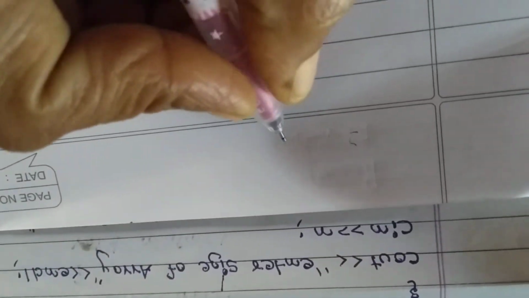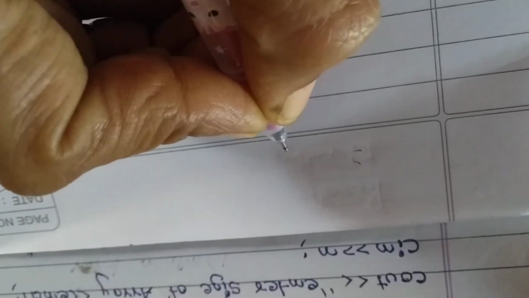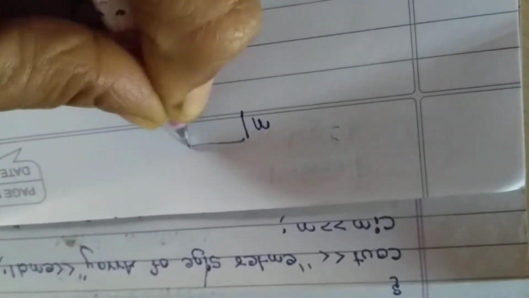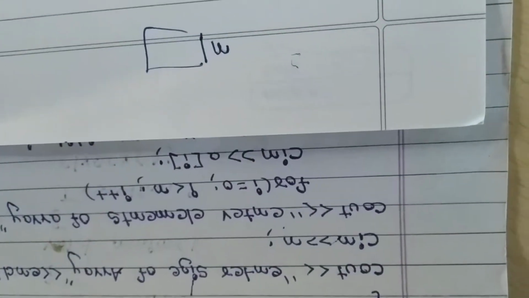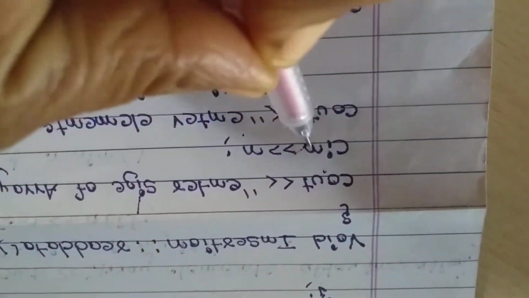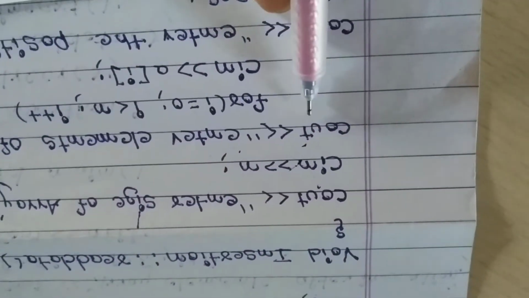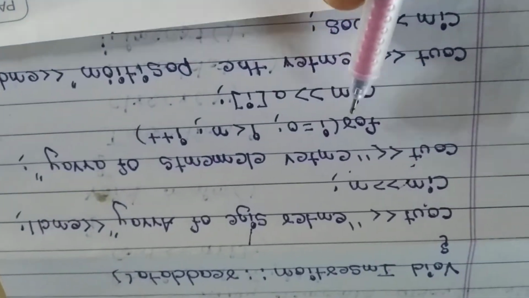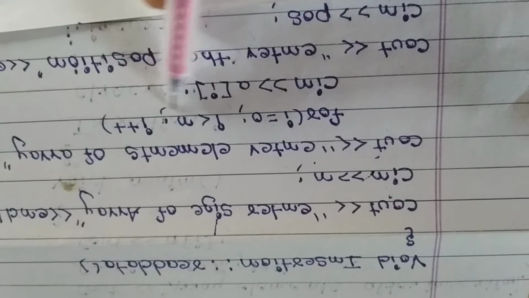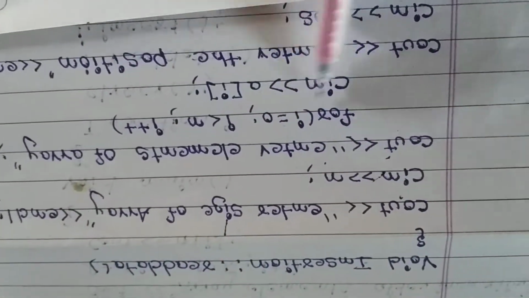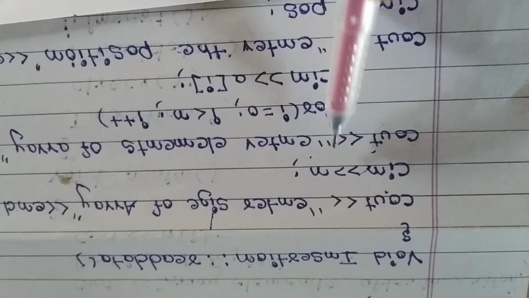So enter the size of array, meaning how many elements are there in the array, we are asking. That value will be stored in n. Now you observe: here, immediately after cout, cin is there. Whereas here, after cout, a for loop is there, then cin. Wherever we have to take many values or display many values, a for loop will come. Here it is only a single value, no.